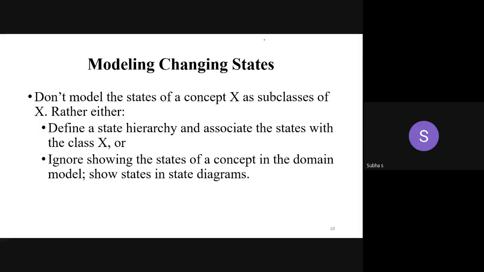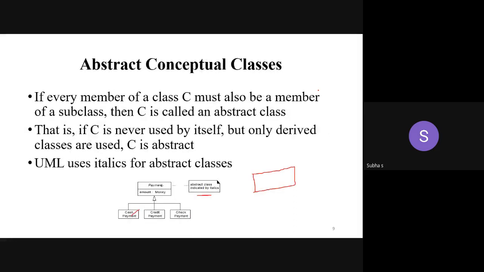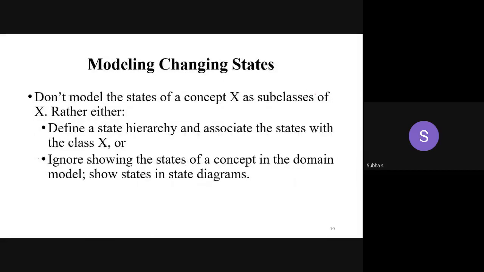Next, how to model the changing states. Just a very different thing, but we can associate it with the classes. Normally, we should not model the states of a concept. Just listen carefully.